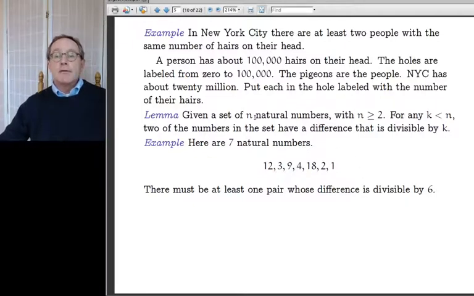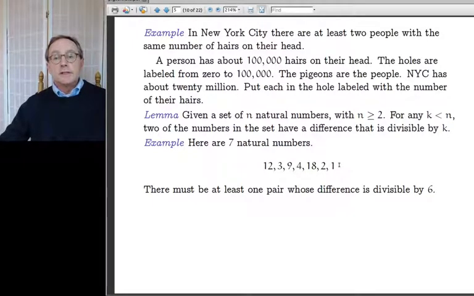You give me a set of natural numbers, and if you tell me a k less than however many natural numbers you got, then 2 of the numbers in the set have to have a difference that's divisible by k. So here I took n to be 7, and I took k to be 6. So there are 7 natural numbers here. It has to be the case that at least 2 of these numbers have a difference, a minus b,